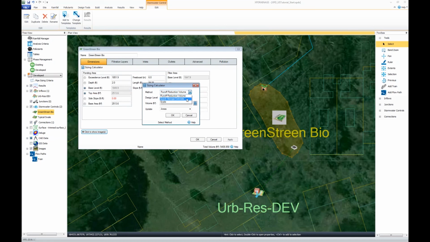So if you give the software the input, the flow it will receive, and then the restricted outflow that you want to achieve, right? So think of like a detention pond. I know what's coming in, and you know what? I can only discharge this amount. It will give me an appropriate storage volume for that. Let's just stick with runoff reduction. I've talked about that a few times now. And now I could look at what's my